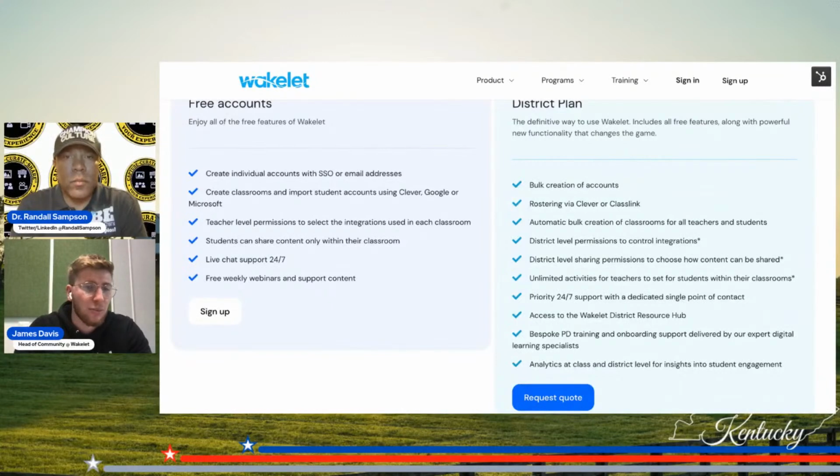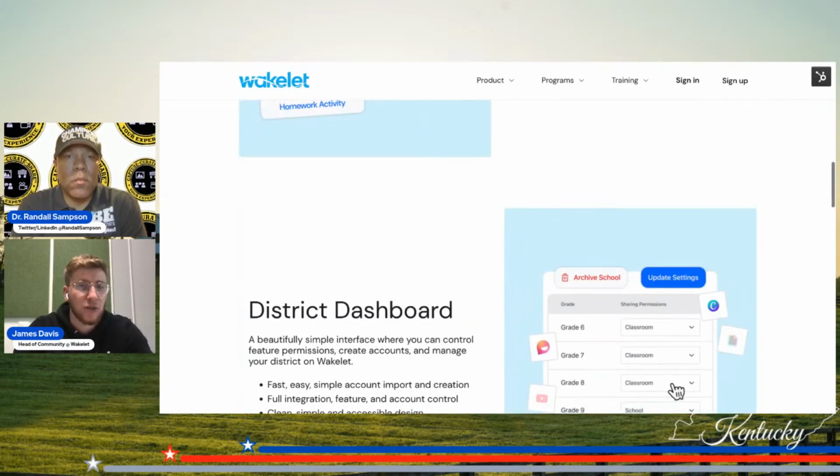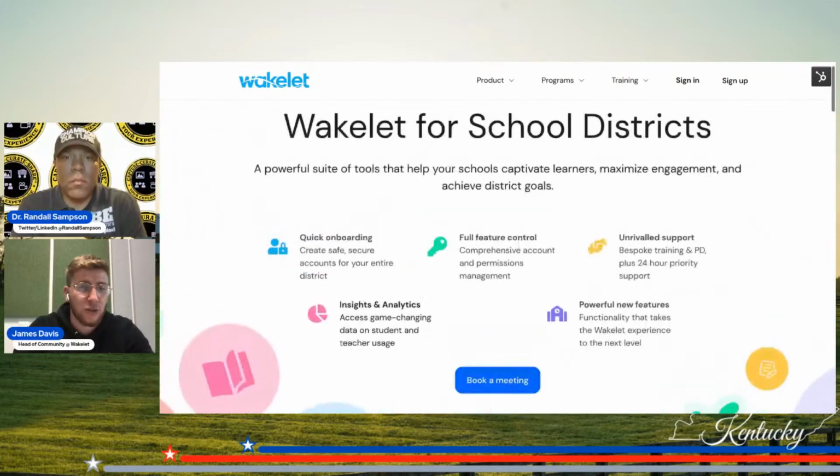But essentially, it is bringing the full power of Wakelet across your district to collaborate better, to communicate better as a team, and also as a community. And that community involves students, educators, admin staff, parents, you name it. It's an entire community. So again, that'll be dropped into the link description so you can check that out as well. Wakelet for your entire school district.